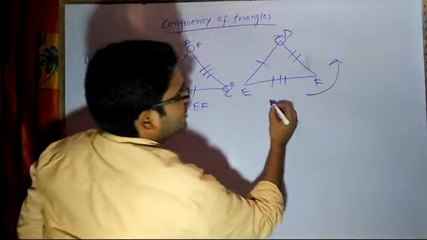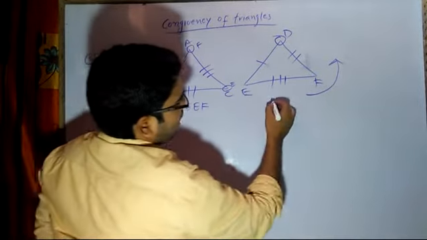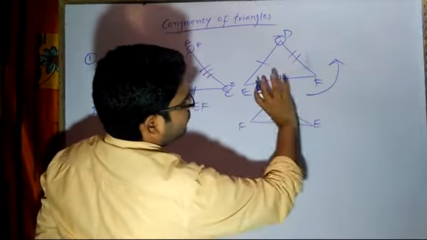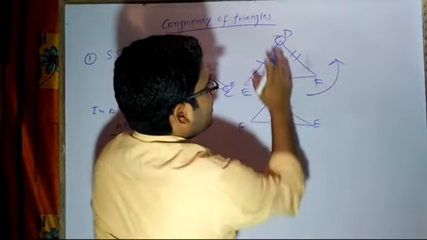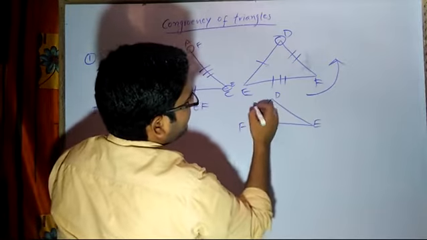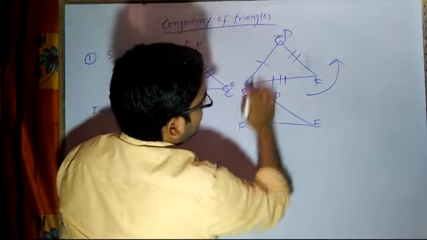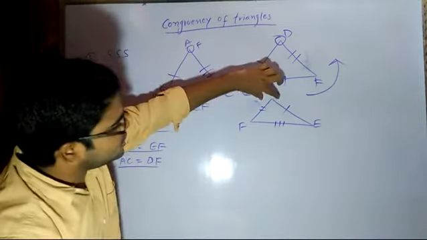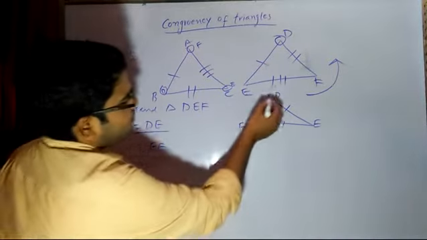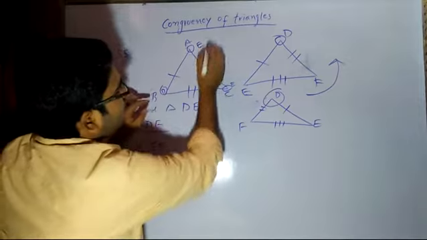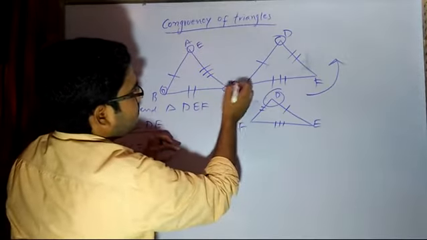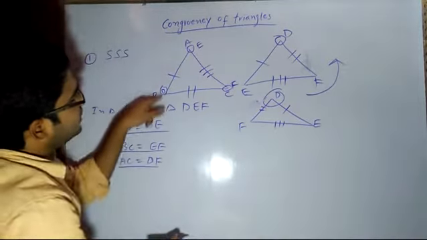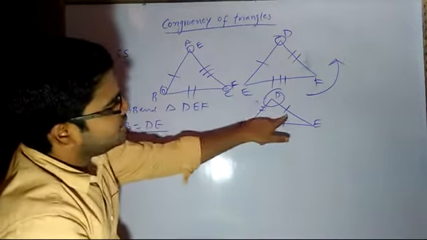But if we twist like this, I will get a triangle in which D will be here, E will come here, F will come here. After twisting, after inverting completely, D will remain as it is. So here I will have F, correct? Sorry, not F. This side will come here and this side will come here, obviously. Now if I twist this and keep it on this, D will come and sit here, E will go there, F will come here, correct? Now D to E is the same side, DE is here, DE is here.